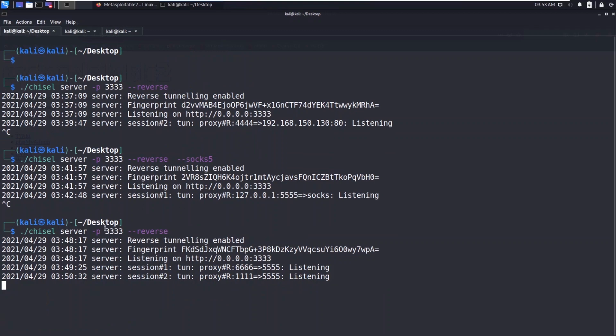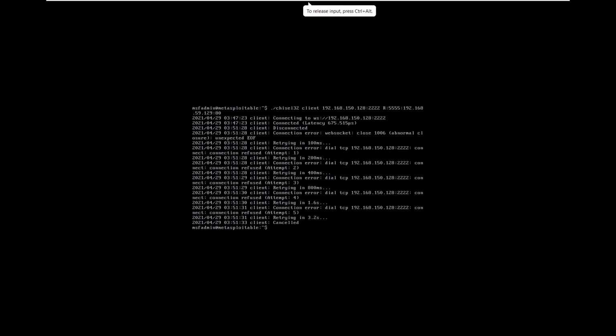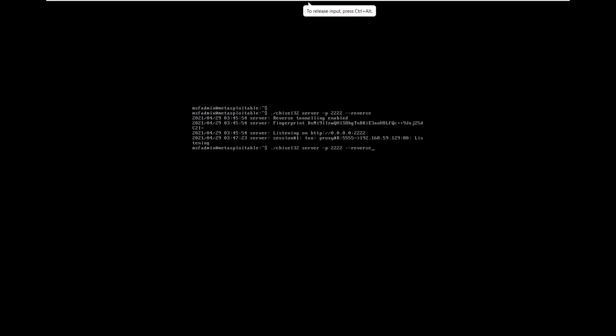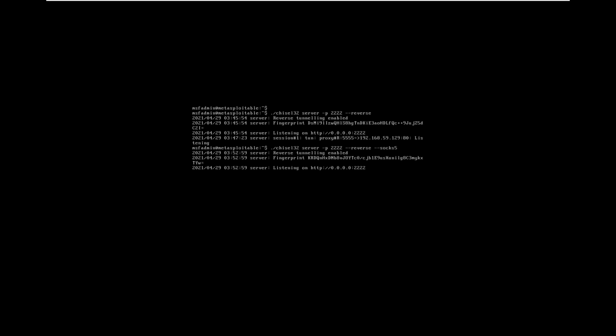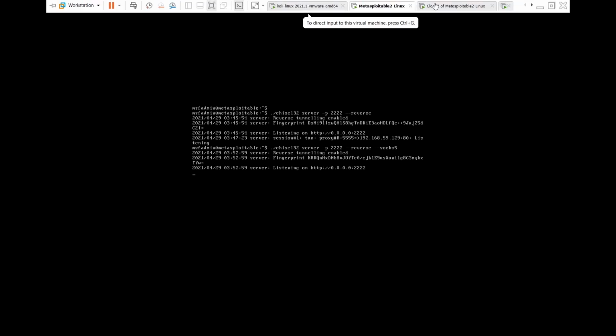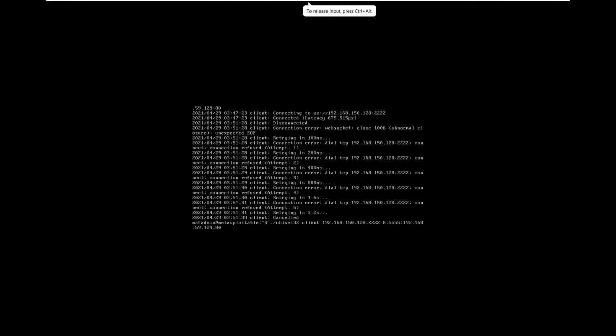So we are running the server on 3333. First let's set up this second box for the SOCKS 5. Now we need to connect to this, and redirect to our SOCKS.